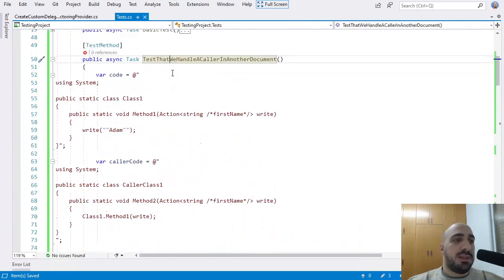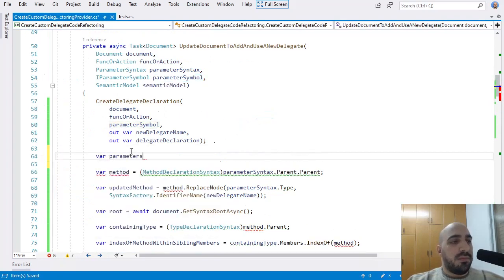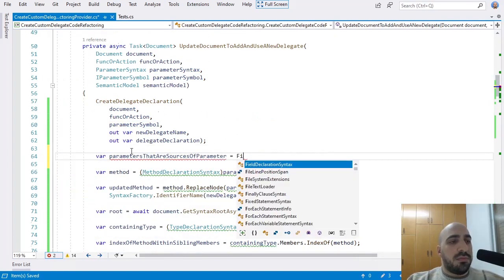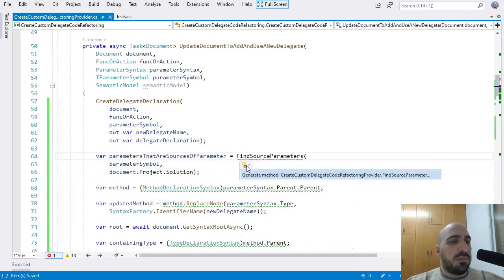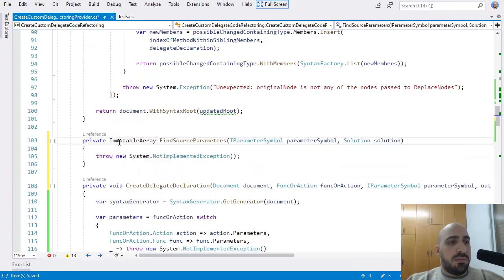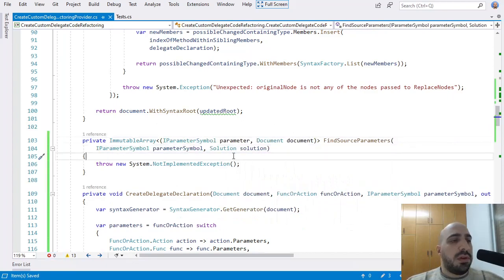For example, in this test, this is the parameter that we are refactoring, and this is an example of a parameter that I want to find, because the value of this parameter is passed as an argument for this parameter, right? Okay.